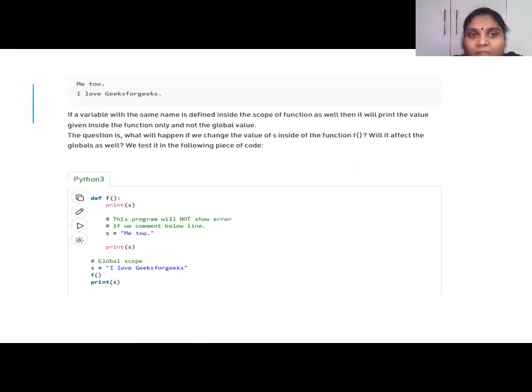The explanation I have given here, you can read out and see where it is printing me too and where it is going to print I love GeeksforGeeks. The first S declaration is the local variable declaration, and the second S declaration is the global variable declaration. So that's what I have explained there.